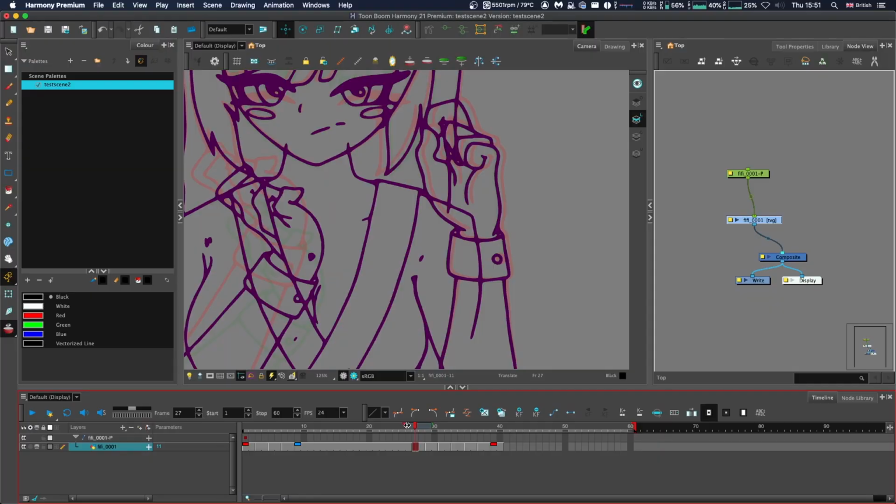As you can see, repeated frames still show, so if a frame is held for a certain length of time, it will start to get darker the more the brackets are extended. So as you can see, as I drag that out, if it's one frame, it's quite light, and as I drag it out, it gets darker.